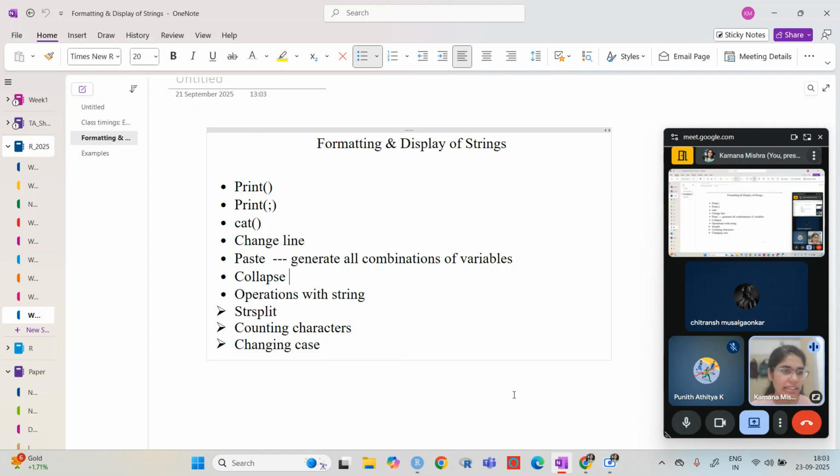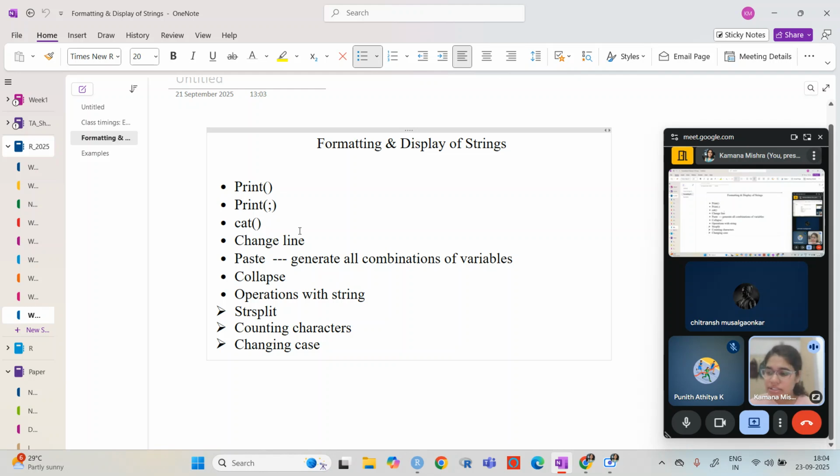Let's say I have given a function, a quadratic or cubic function, and I want to print its value at this place. I don't know its value yet, and I do not want to save it anywhere. The print function does not work like that, so for that we sometimes use paste, or sometimes the cat function.